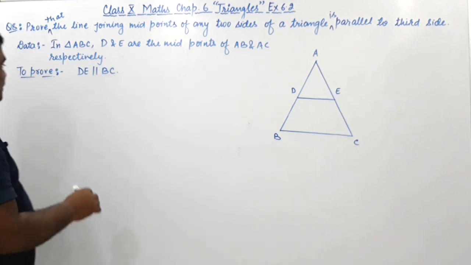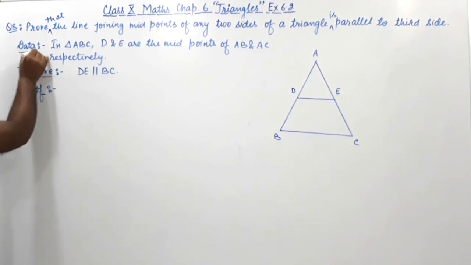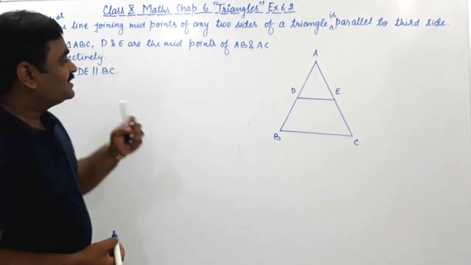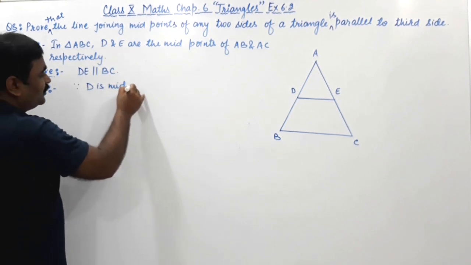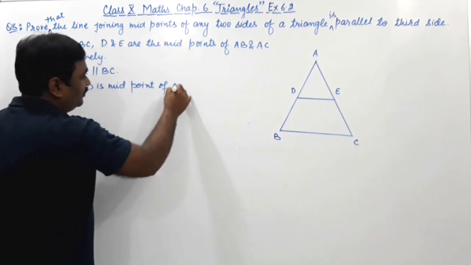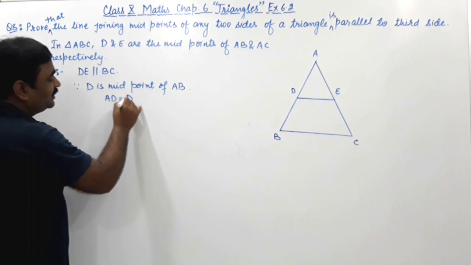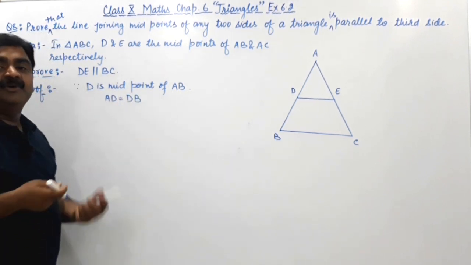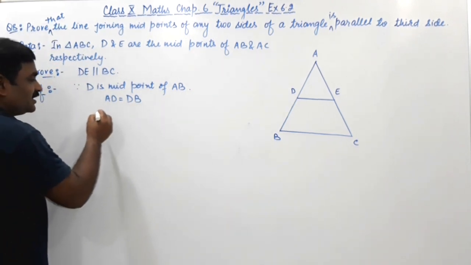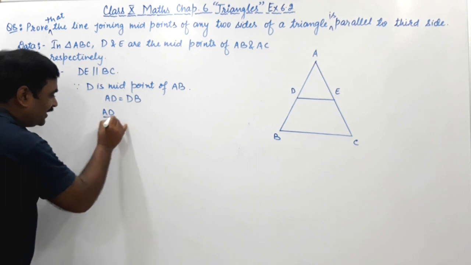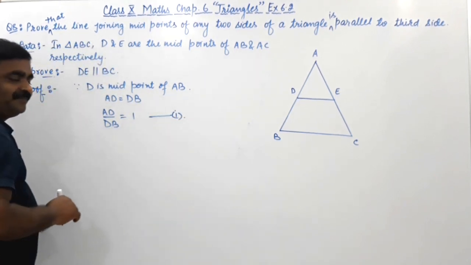Okay, so let us prove it, इसको प्रूव करते हैं। Right, चलो, so as given, since D is the midpoint of AB, therefore AD will be equal to DB. क्यों? क्योंकि D AB का मिड पॉइंट है, तो ये पार्ट इस पार्ट के इक्वल होगा। Just find the ratio of these, AD upon DB. ये तो दोनों इक्वल हैं, तो इसकी वैल्यू 1 आ जाएगी। Say it is equation number 1. क्लियर हुआ कॉन्सेप्ट?